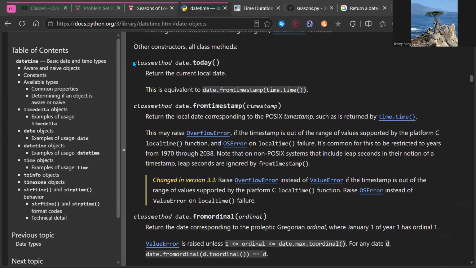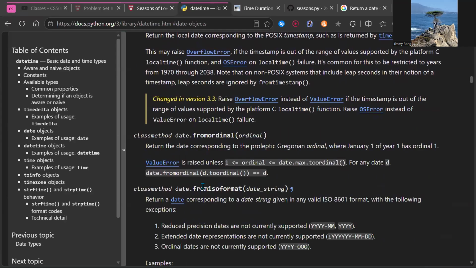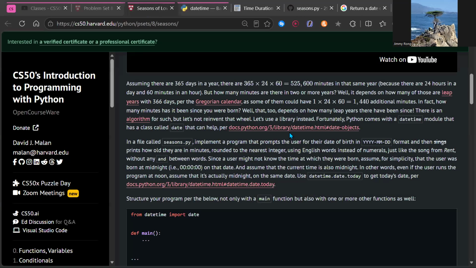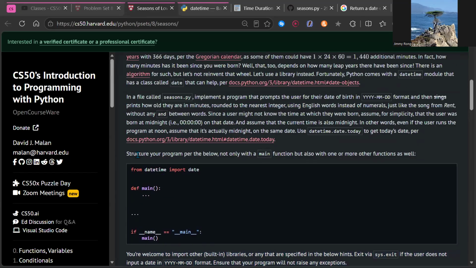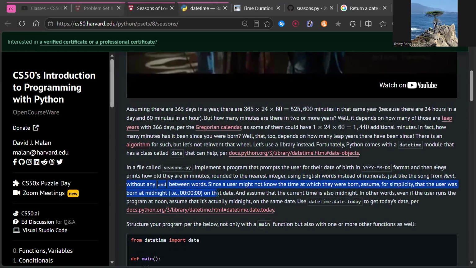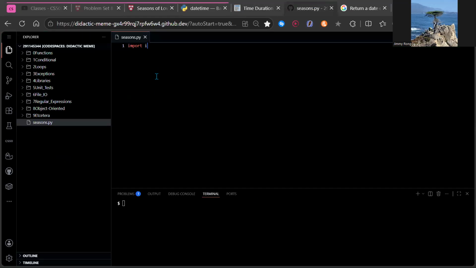and I figured some useful ones, like date.today, which returns the current date, and fromisoformat, which just returns a date object given an ISO formatted string. And then also, if they don't input it in the ISO format, then we have to exit. And we have to convert it to words. Now, inflect is a good way to do that. So let's import inflect